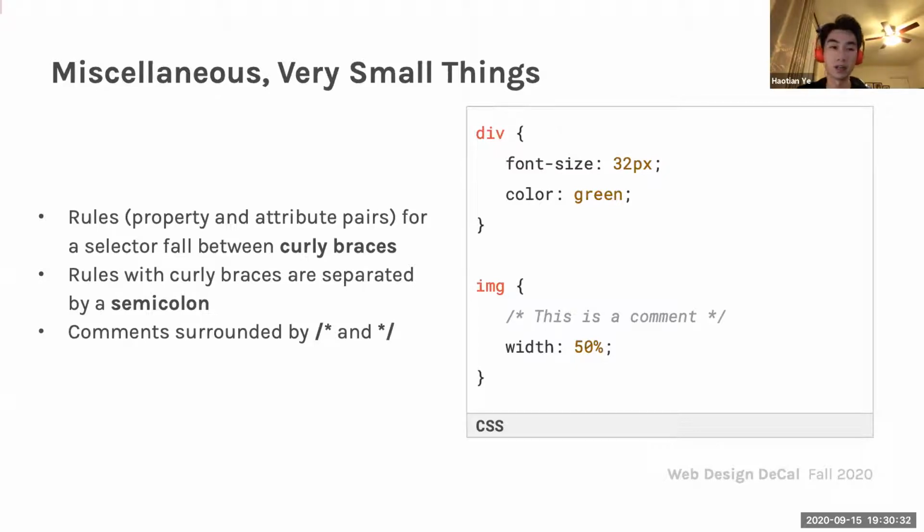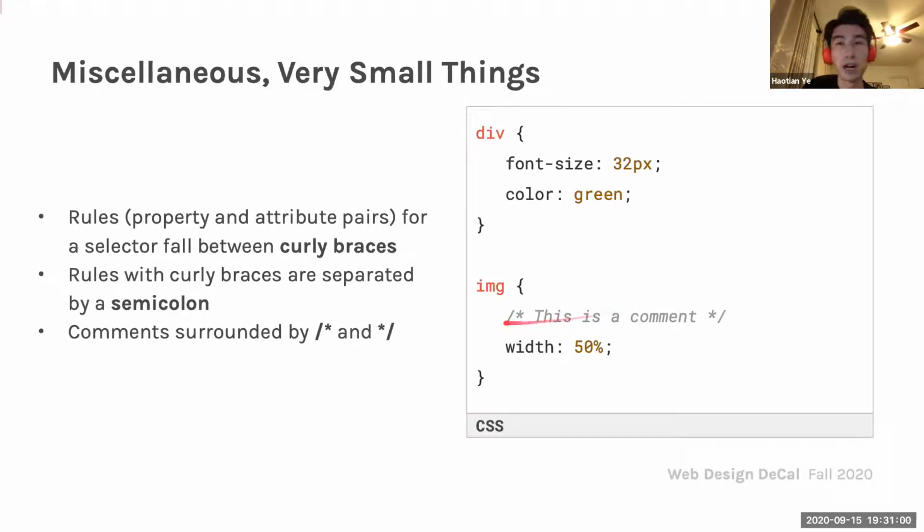And like in previous semesters, in our experience as staff, we've gone through a lot of issues where people have these weird things that happen on their webpage, and then after 30 minutes of trying to figure it out, it turns out they forgot a semicolon, one single semicolon in their files. It was really annoying and super easy to fix, but hard to find if there's a lot of code. So make sure you always remember the semicolon.